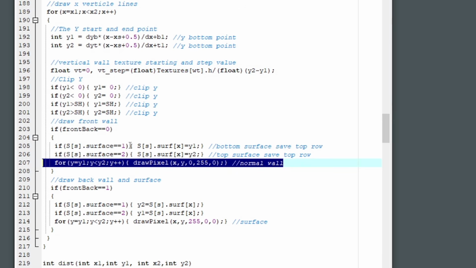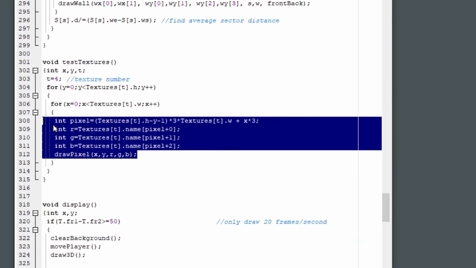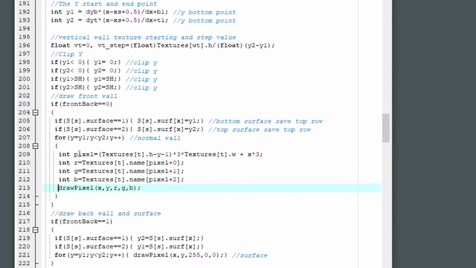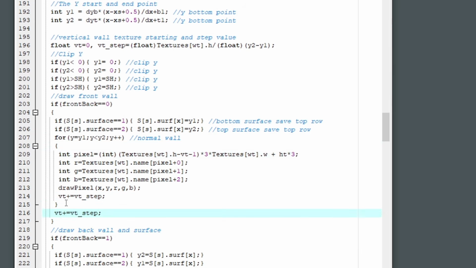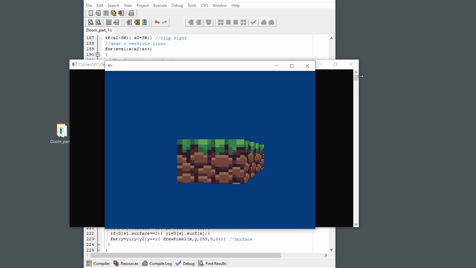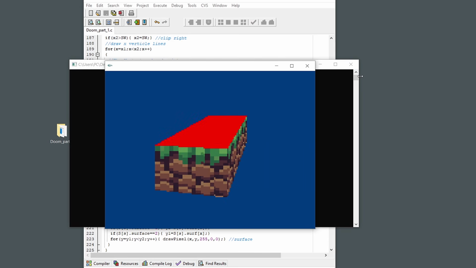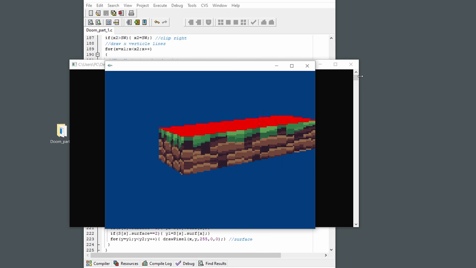And here is where we're drawing the normal wall, so let's recycle our test texture code and place it here. Update the texture variable name and place the starting vertical texture value in the pixel. Then we need to add the step amount. Same for the horizontal start and step, but outside the while loop. Compile to see our texture taking a step in the right direction, but take a closer look and you can